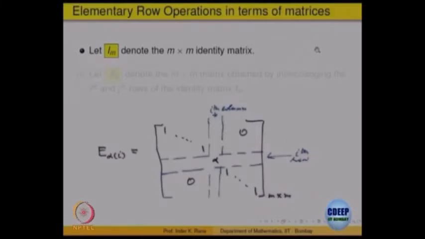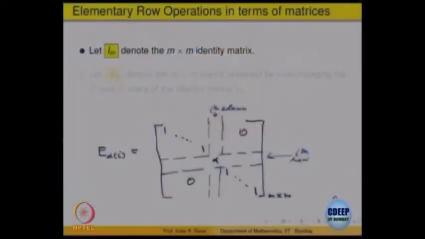Last time we started looking at how to make these row operations operatable via matrices, because to put it on a machine, we can't give an oral or written command that interchange R1 with R3. We have to give it an executable command. That is done by matrix multiplications. So, we are now describing the elementary matrices, which are going to do the same operations as you say interchange, add one row to another, or multiply a row by a scalar.